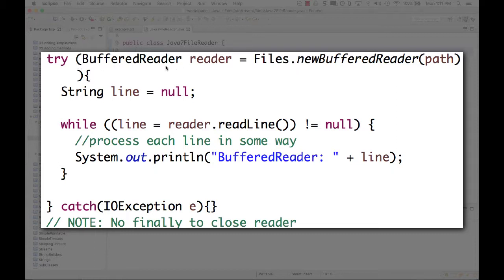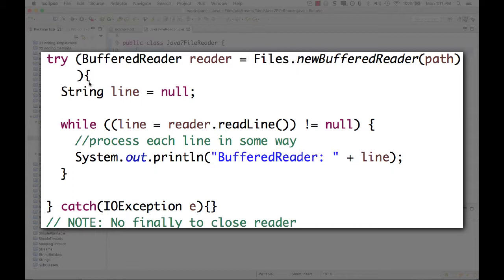I'm going to have a BufferedReader, which I'll call reader, and it's going to be a new Files.newBufferedReader based on the path that was pointing to our example.txt. And then we close this with a close parenthesis, and then we open the try block at this point with